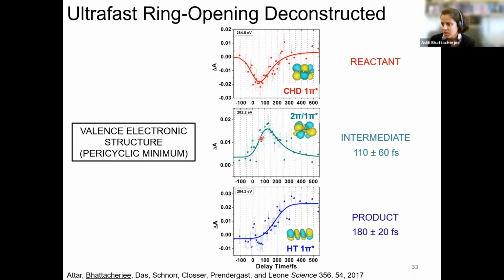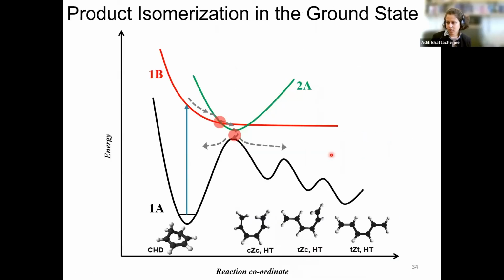But crucially, we identify a transient at 282.2 electron volts, which rises in. It's delayed with respect to the depletion of the cyclohexadiene by about 60 femtoseconds and decays with a time constant of 110 femtoseconds. This is indicative of the valence electronic structure being a very mixed pi star state in the vicinity of the pericyclic minimum. An open question for us at the time that we were doing these experiments, writing up the paper